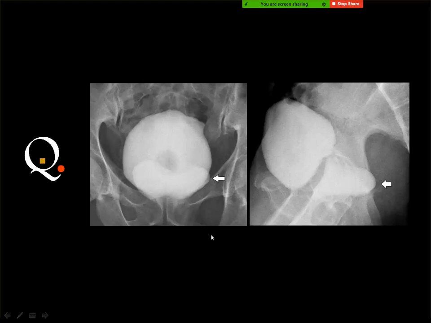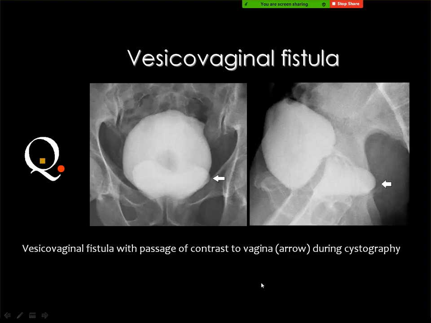I think this is a fistula again. Yeah, between. I think this is the uterus. Between, not sure. Is it between the bladder and uterus? No, this is the vagina, and this is the bladder, and this is the vagina. It is very rare to get a fistula between the bladder and the uterus, but it is an easy way to get this type of fistula, which is known as a vesicovaginal fistula.